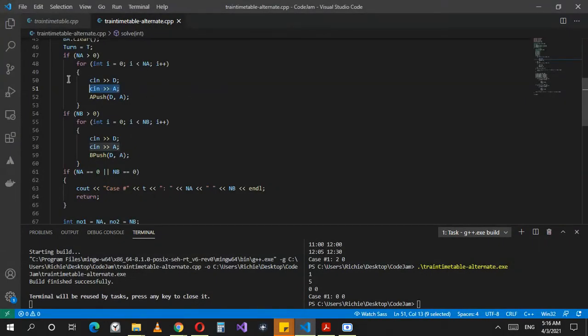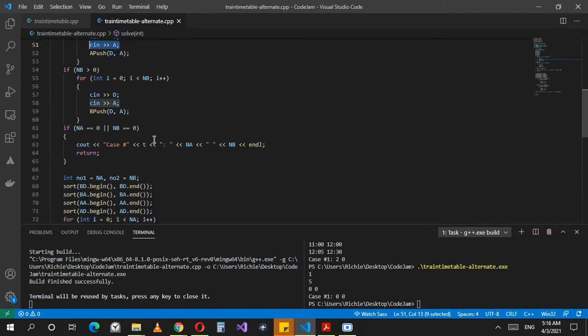So once we get these values, it's very basic logic if you think about it. If one of these is zero, then you need all the trains to make the trip from B to A, because there is no train returning from one station to the other to make a second trip.